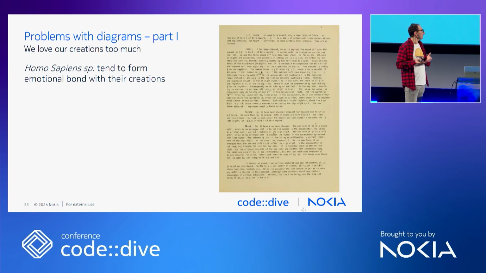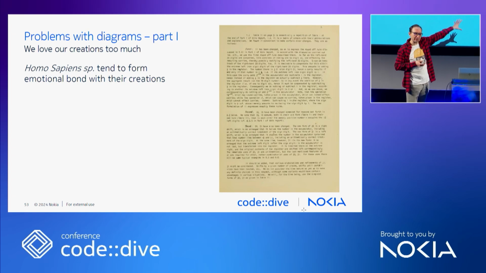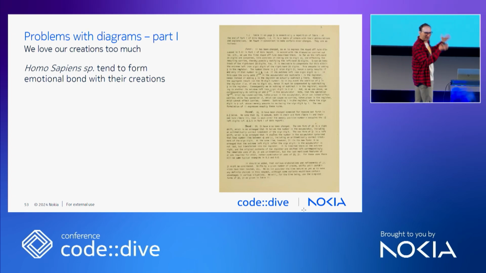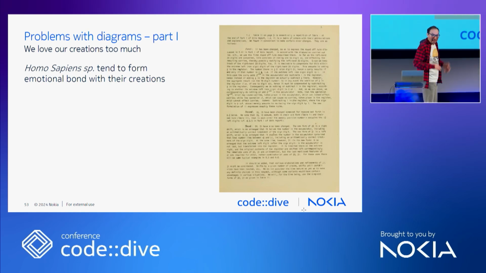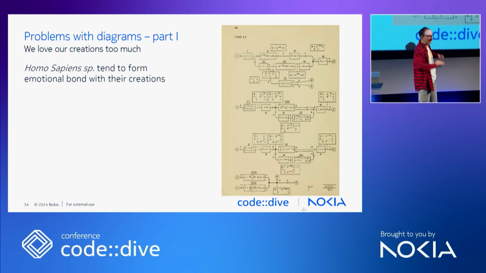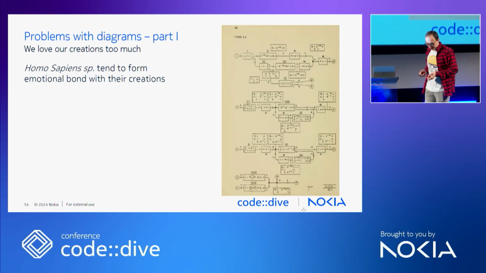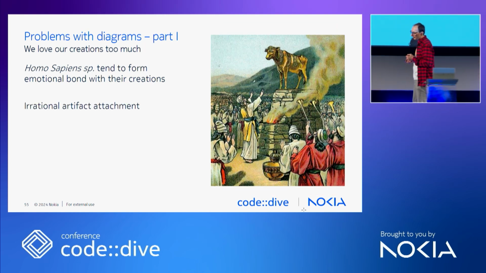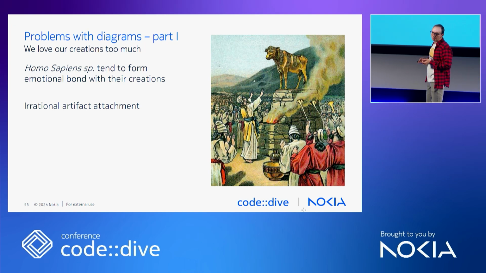If you look at textual documentation, okay, surely this took a lot of work to write, but this page is boring, uninspiring, not exciting. A diagram, the diagram is beautiful and exciting and inspiring, and you will fight to the death for the idea depicted on this diagram, even if it's utterly stupid. You will die on that hill. That is called irrational artifact attachment, and this is a phenomenon we can fight.